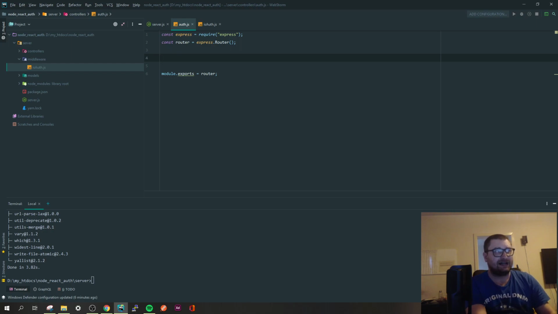And here we will say router.get init async function of req, res,